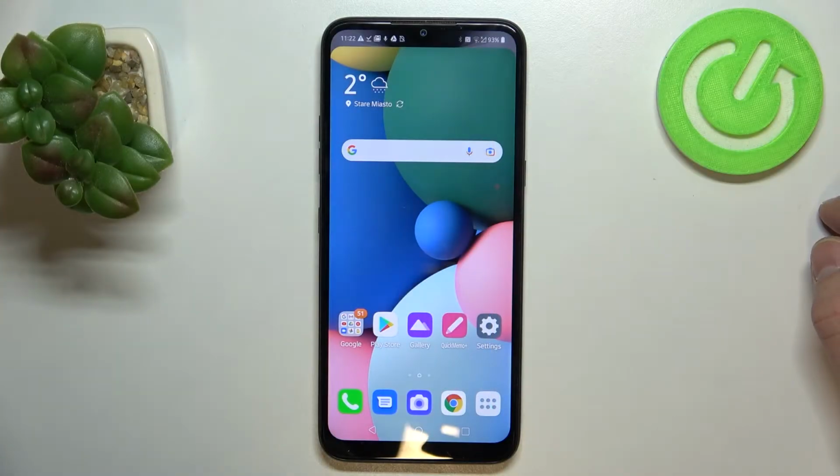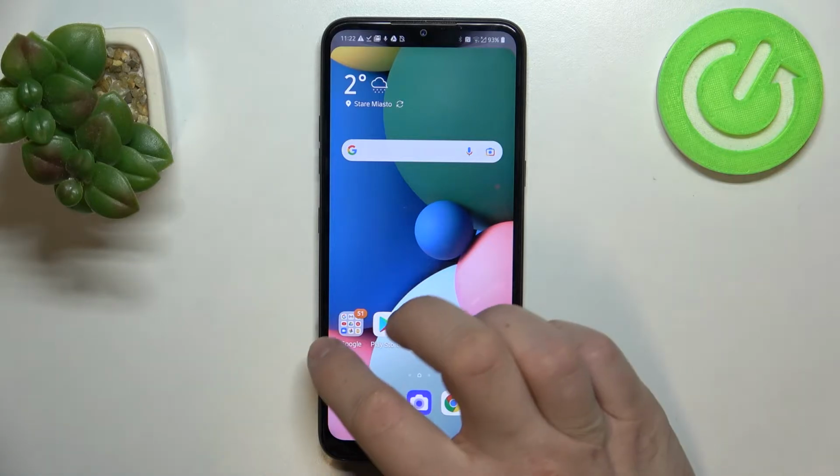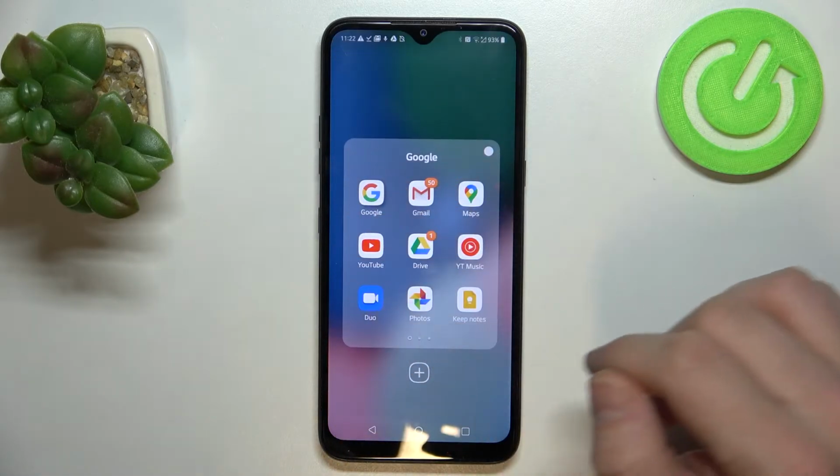Hello, in front of me I've got LG K41s. In this video I'll show you how to use Google Assistant on lock screen. In the beginning let's enter Google app,